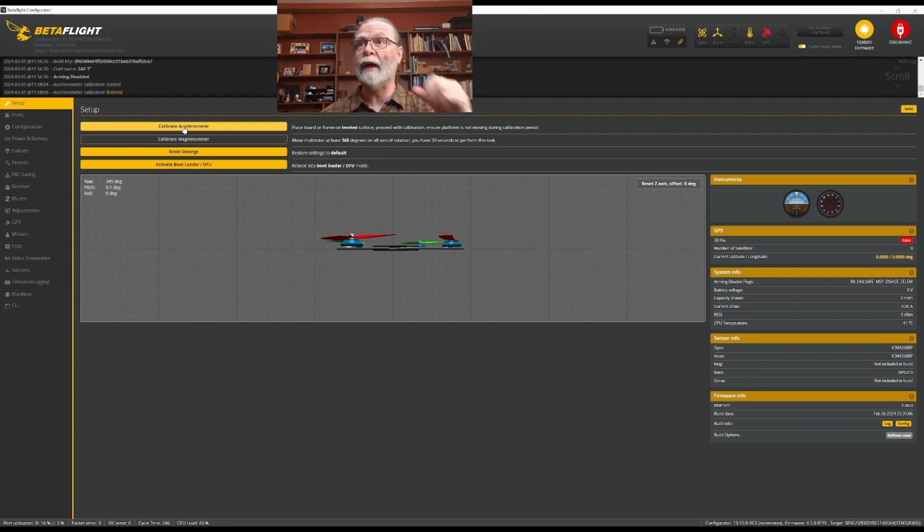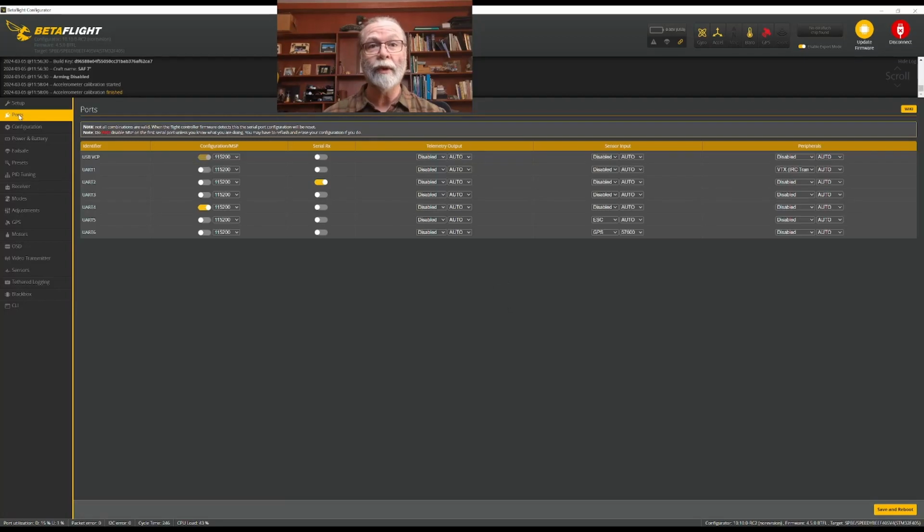So what we can do now is move down to the second part here, ports. And what we will do on this page is we will let Betaflight know all of the components that are attached to the quadcopter and how they are attached, or maybe where they are attached. On my build here, and this could be very different for you, but on my particular build, on my quadcopter, UART number 1